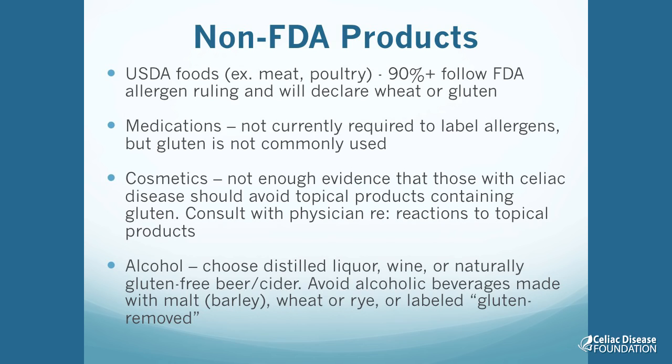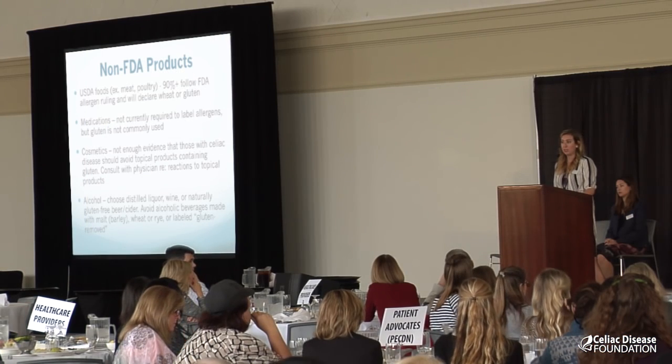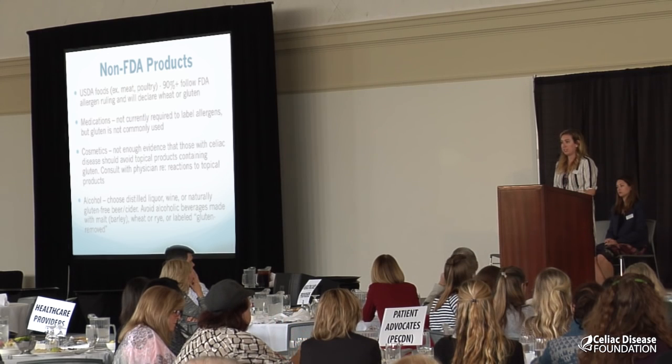And then alcohol. Alcohol is not regulated by the FDA. So far, we know that we need to choose distilled liquor, which is gluten-free even if it comes from a grain source, wine, which is naturally gluten-free, or gluten-free beer or cider that are made with gluten-free ingredients. We know that we need to avoid any alcoholic beverages made with malt, which would come from barley, or wheat or rye as well, if they are not distilled,